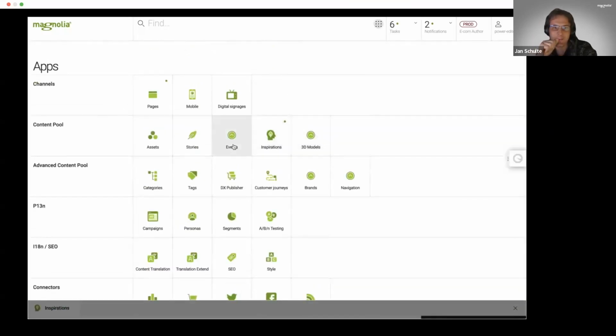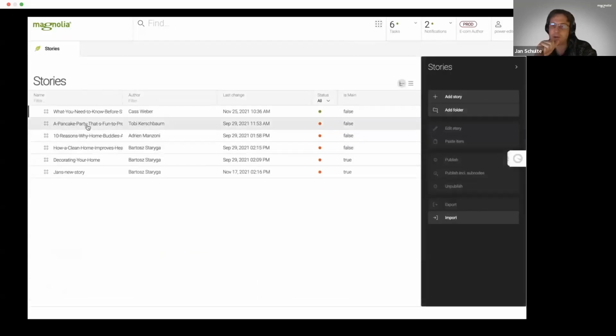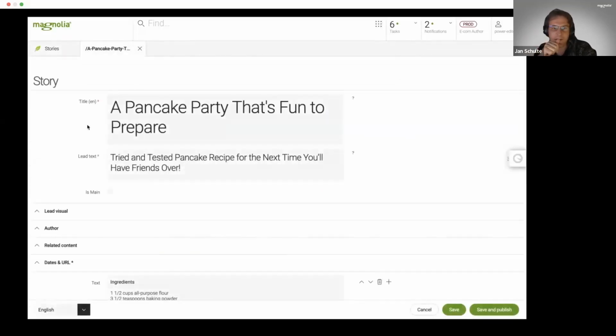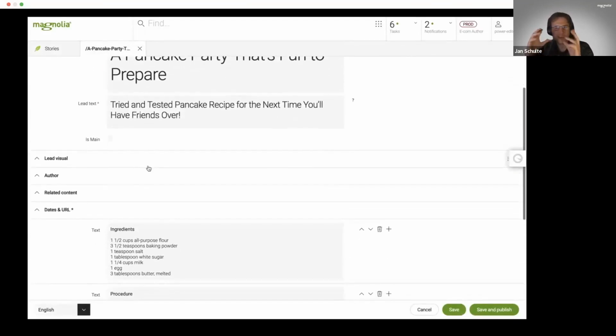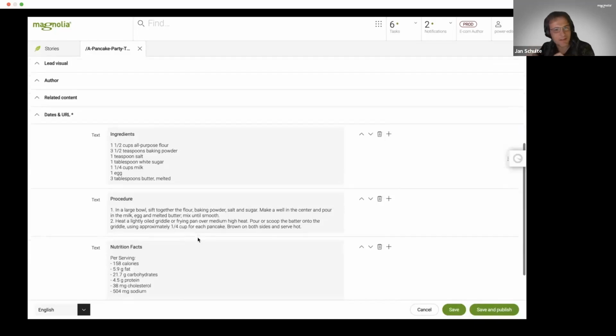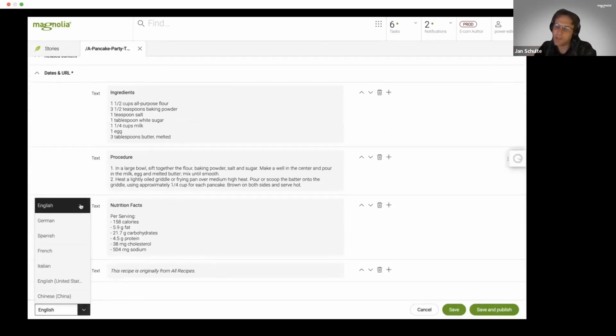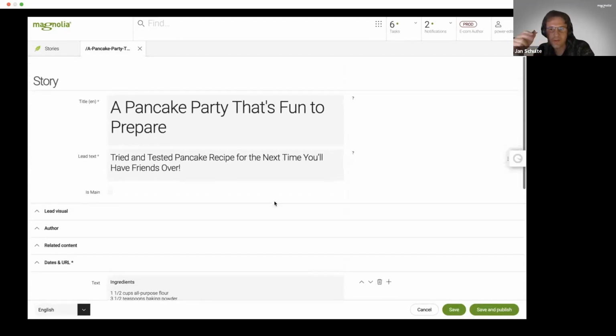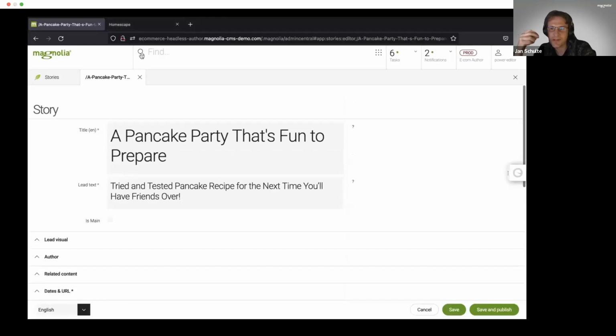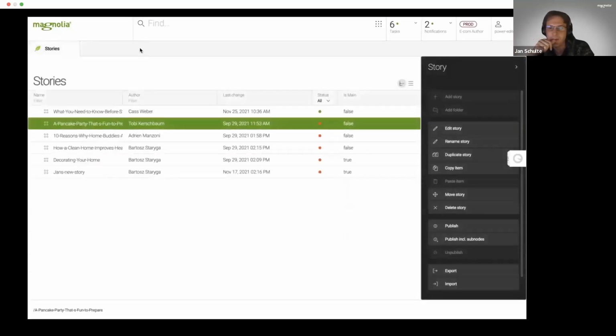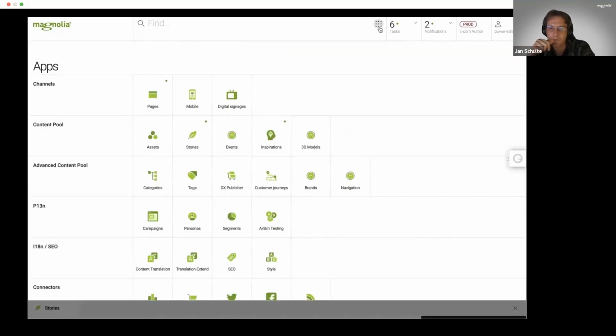Another thing, that's basically the stories app. We heard this from Simon, something that we didn't do for a long time. It's now also solved. Quite often it's not about having totally structured content, but instead semi-structured content. And now you can really easy just, again, also in the stories framework, switch between the different languages, do all your translations, take content over and so on. So I guess also at that point here, we have a really good solution to work with stories, for example, for blog posts, as we have seen